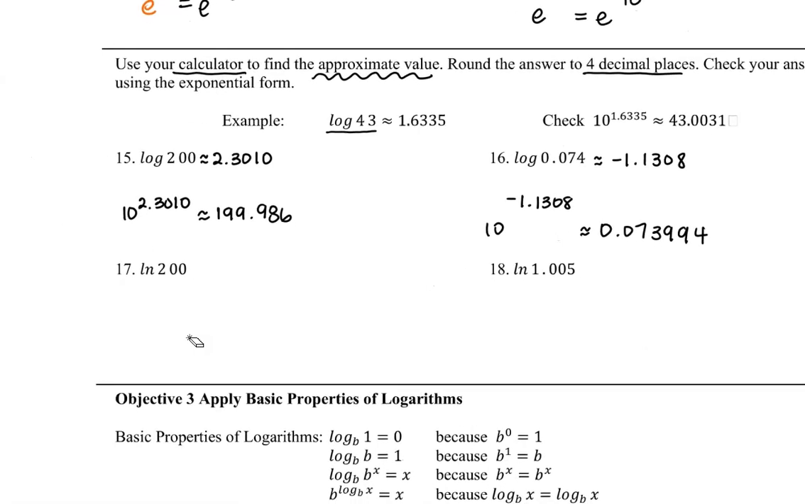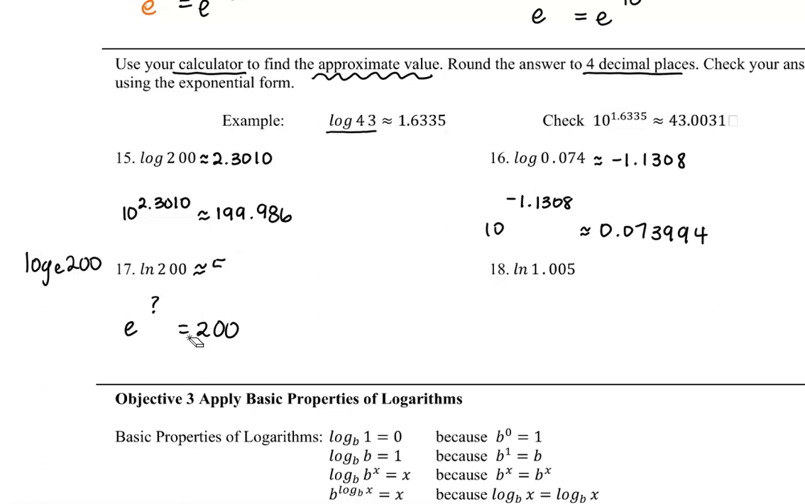Example 17 is natural log of 200. This is asking us to find the exponent. What we are looking for here is what is the exponent that would go on the base of e, because the natural log function is the same thing as log base e, in order to give us 200. That's nothing that we could think of by ourselves, so in the calculator we type in natural log of 200